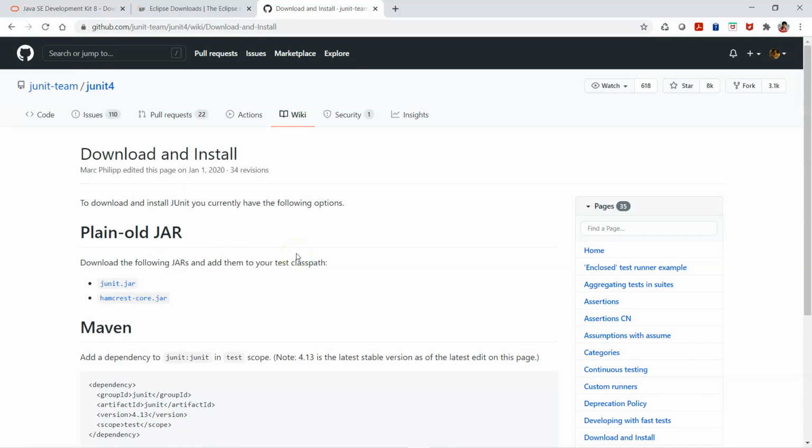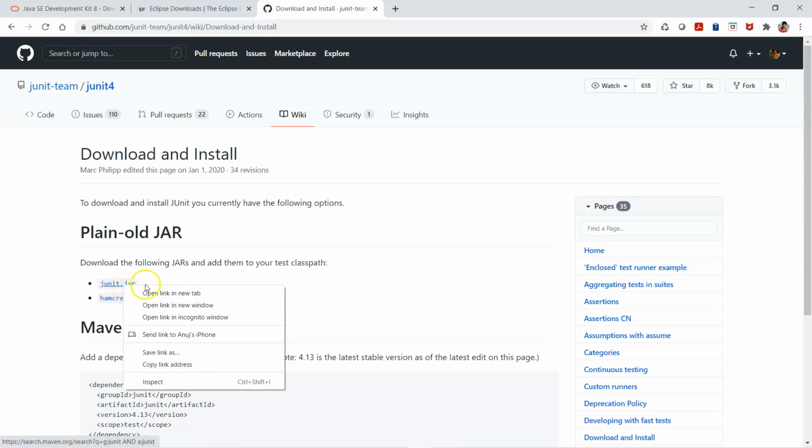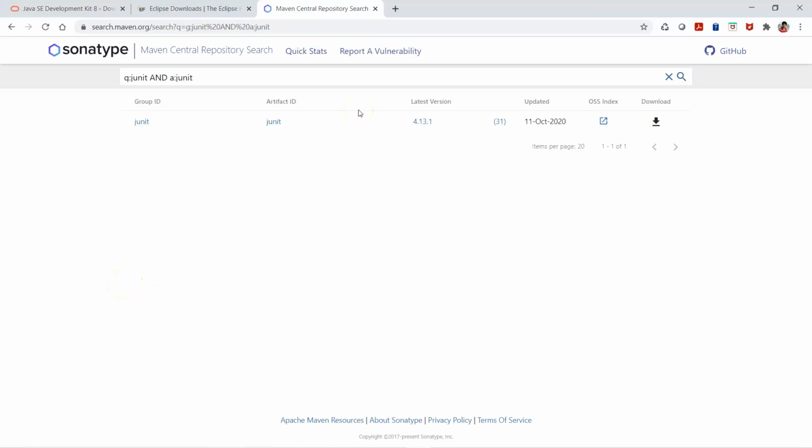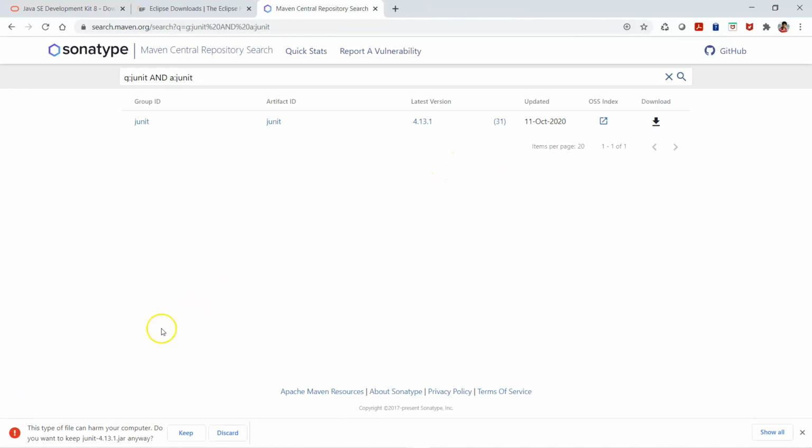I'm going to put these jar files into a location so that I should be able to get the details stored, and I can refer to them in my Eclipse. So I'm going to download this one here from the Maven Central. I'm going to download this jar file,